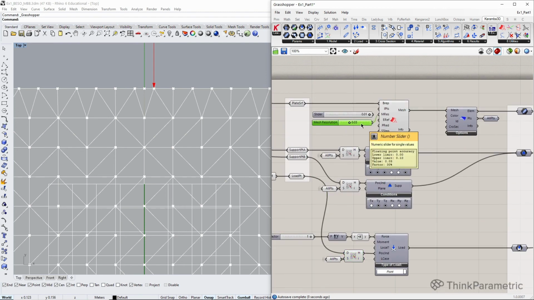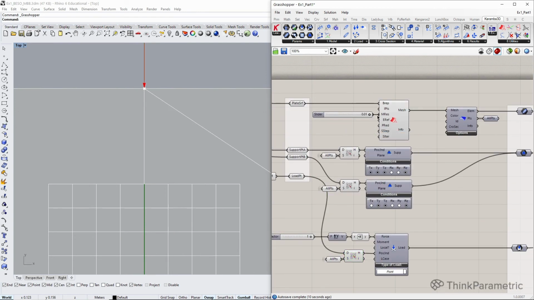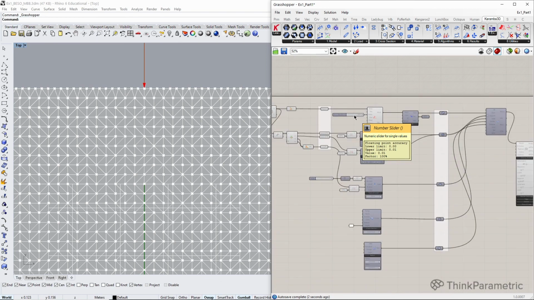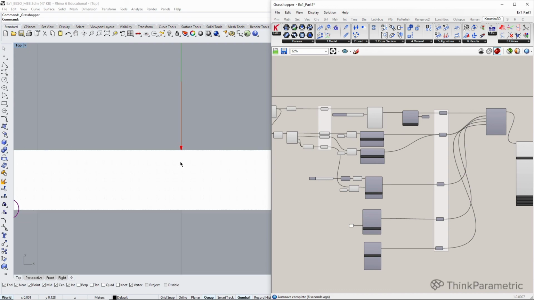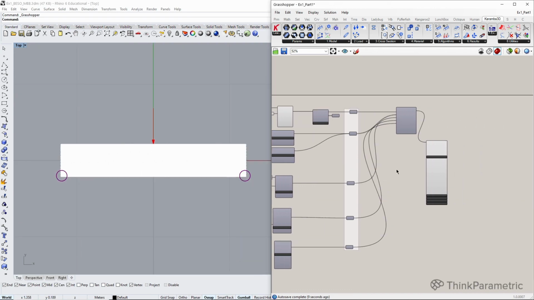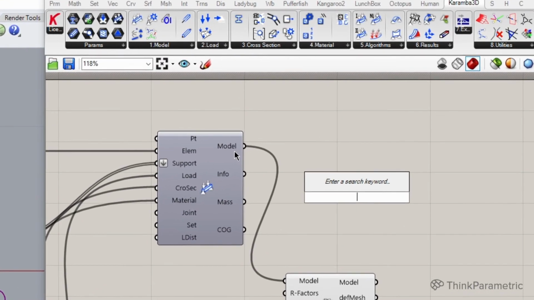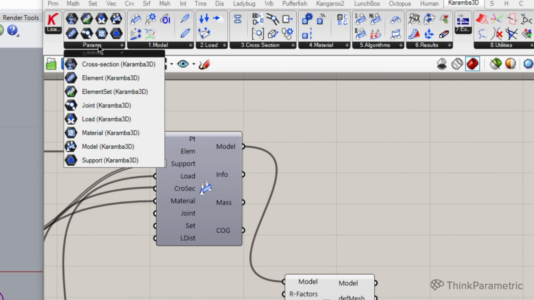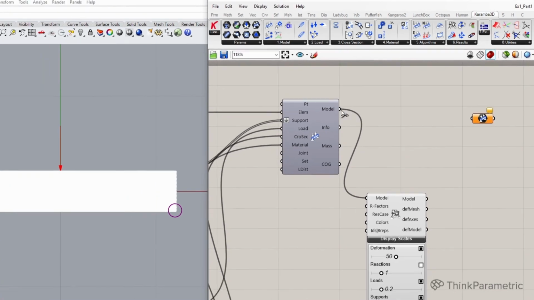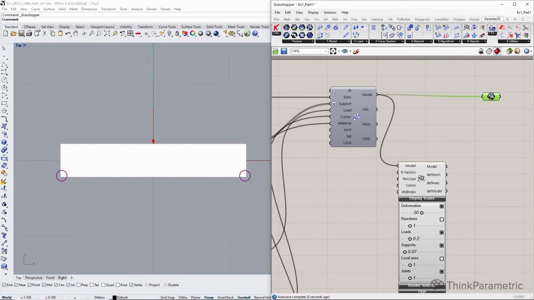I will just come back to our resolution that was working perfectly, 1 centimeter. This is just in case you want to play with different resolutions or you change the domain, so we just make sure it always works. And I will make the last component, the connector component, that is our model ready for analysis.